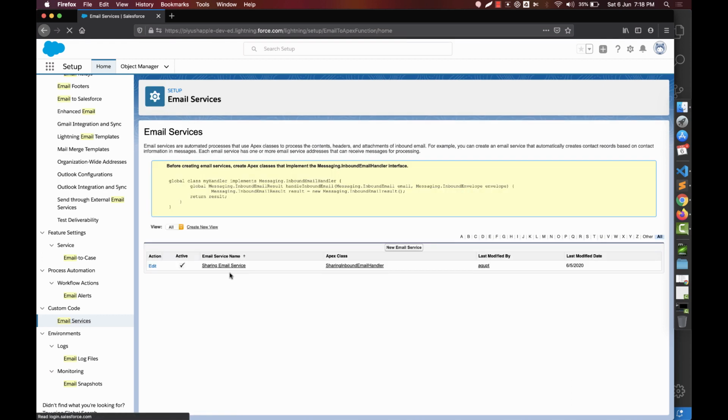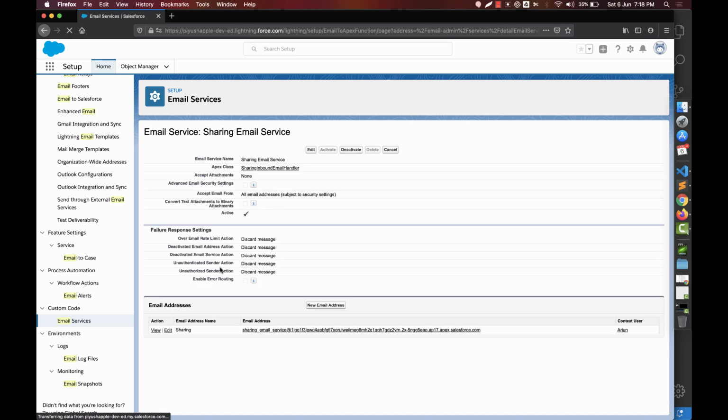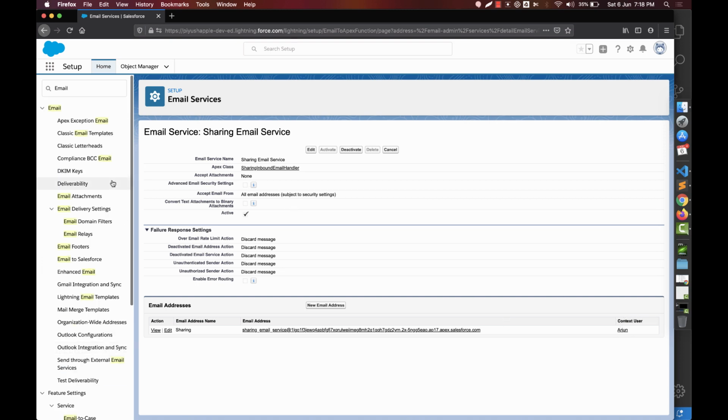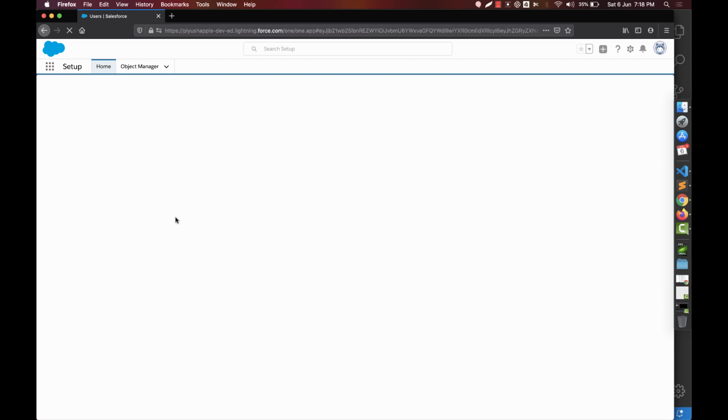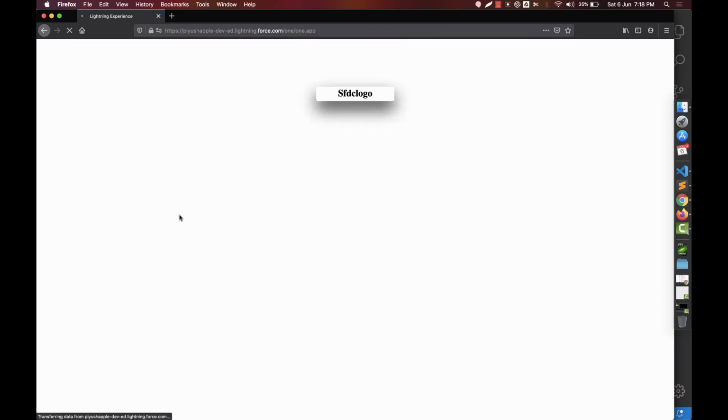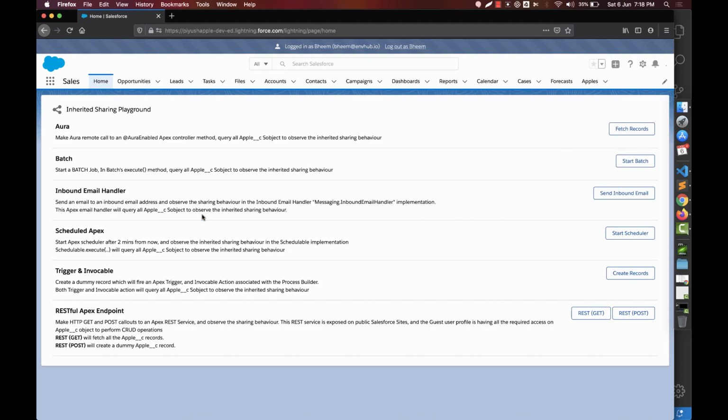And like here it is. And the interesting thing is the context user for this email address which I have configured here is Arjun. So anything which is associated with this email address, like the Apex class, will run with the context of Arjun. And if I come back to users now, let's log in as Beam as we are giving Arjun some rest. And it will also give a little twist to the context, that we are actually firing this as Beam, but it will run as Arjun.